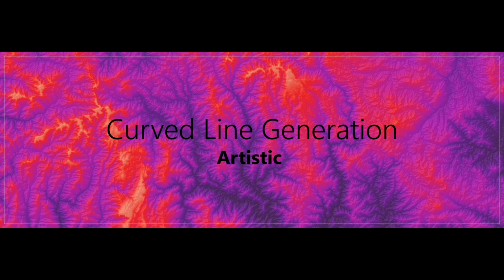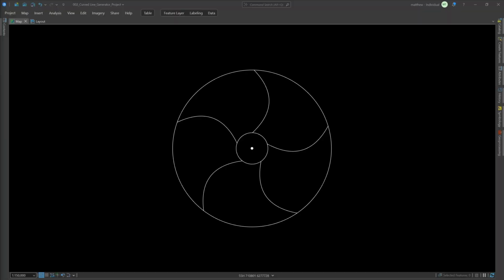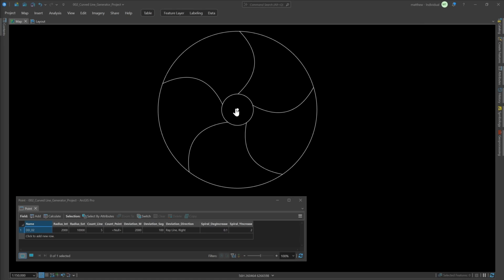I have made another toolset similar to the dynamic geometry constructor. I wanted to experiment with a few curved line creation methods. Here the input is a point feature. The output will be feature lines, inner radius and outer radius, and curved lines connecting the inner to the outer